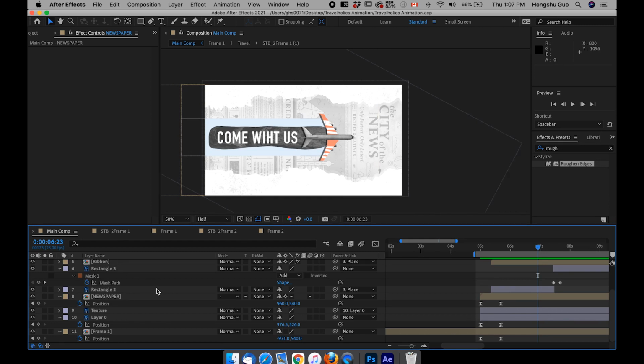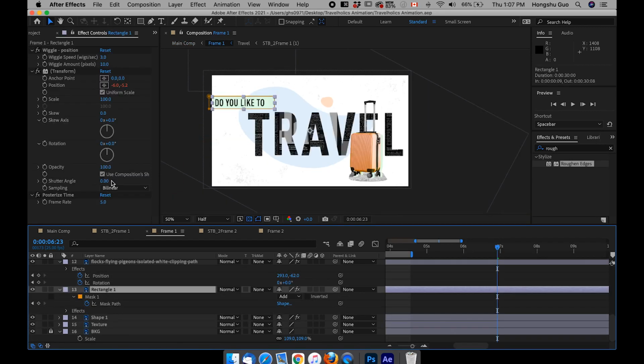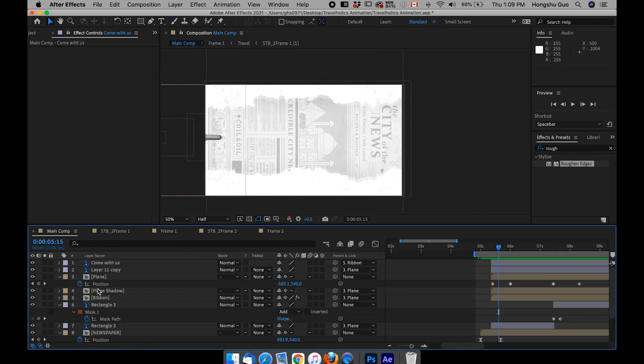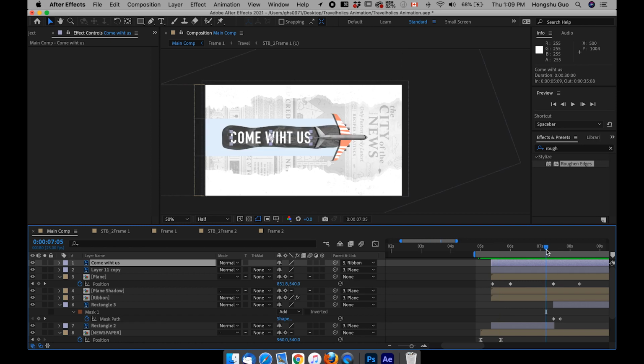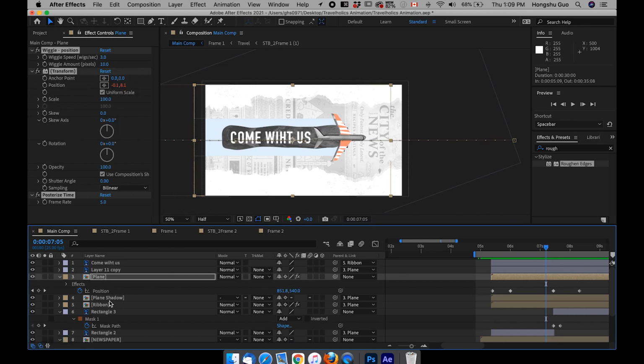However, remember from the first lesson, we need to add some wiggle effect to everything you see in the scene. So now we can just go back to frame 1 and then select any of the layers. We need to copy all the effects, the wiggle effects and the posterized time effect, Command C. And then come back to the second frame. I need to copy the wiggle effects onto the airplane, and then